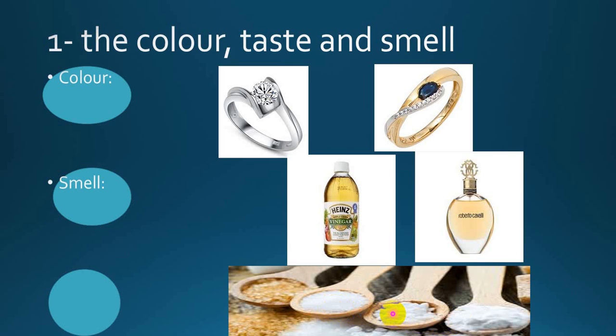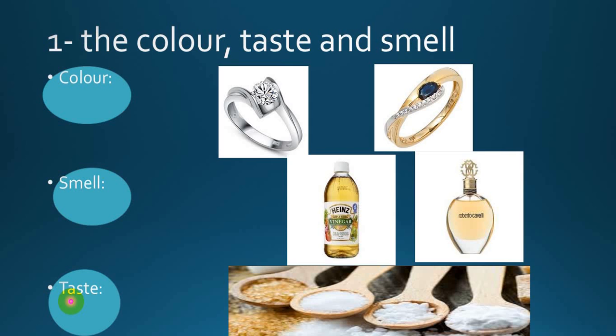Or by using smell, they don't differ in smell because the three of them, flour, sugar and salt, don't have a smell. So we can differentiate between them by using the property of taste. So we can use the properties color, taste and smell to differentiate between some matters,